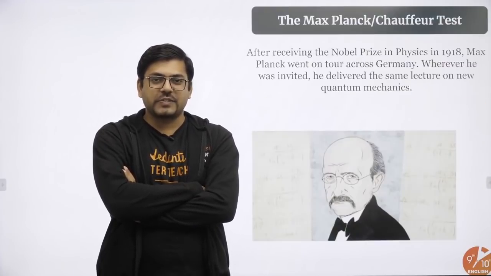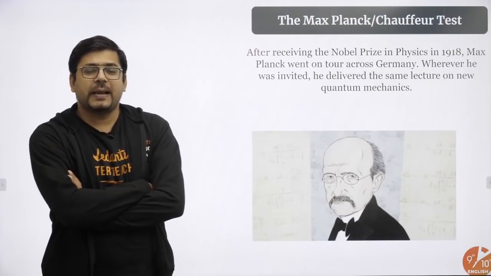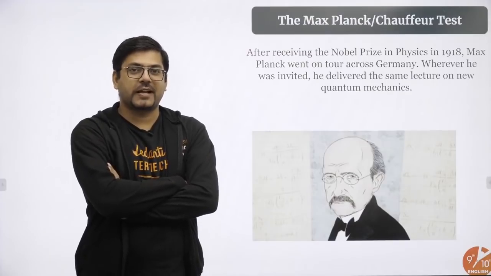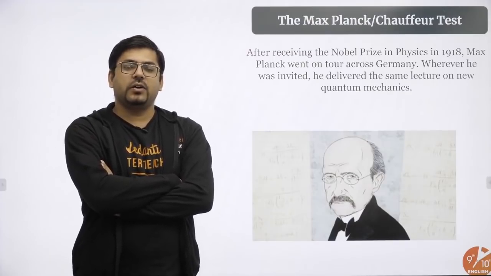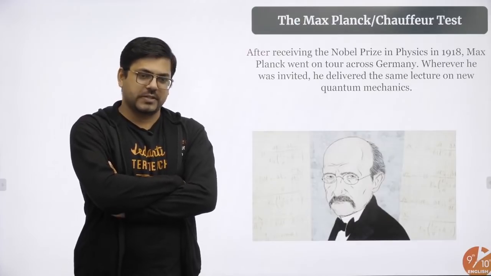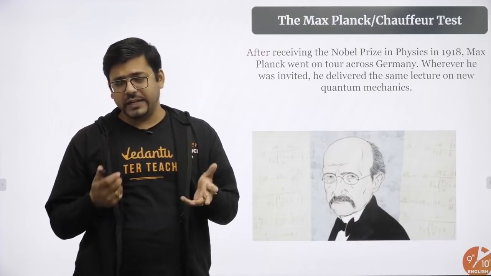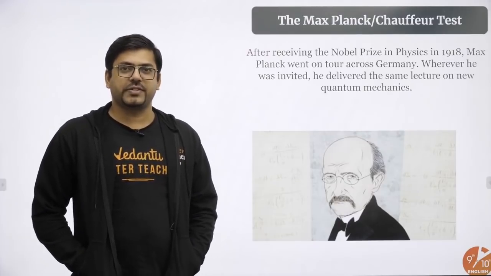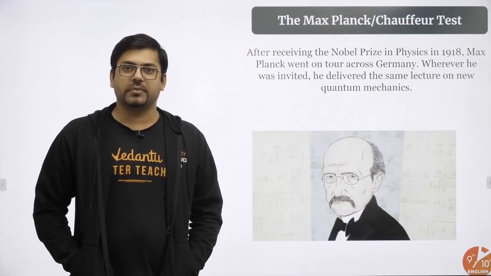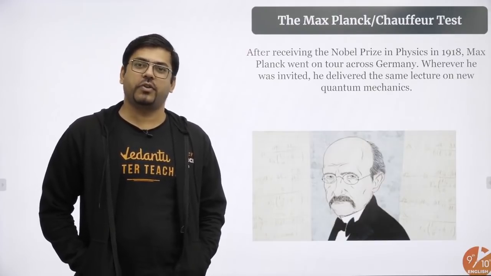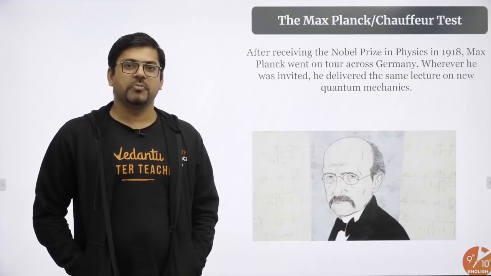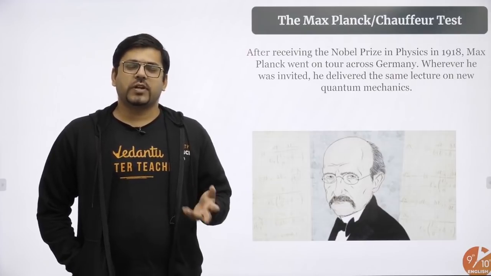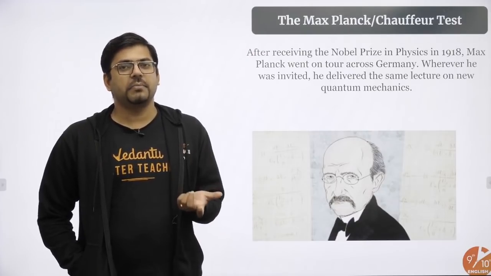So this story starts with Max Planck, I guess you all might be knowing who is Max Planck. Max Planck is a very famous scientist, was a very famous scientist, and he developed so many things. Once he developed and he got the Nobel Prize in physics, after that people started calling him that, okay, sir, please come here for a lecture, please come here for a lecture. And since he had got a Nobel Prize, he had that same thing to say to everyone.